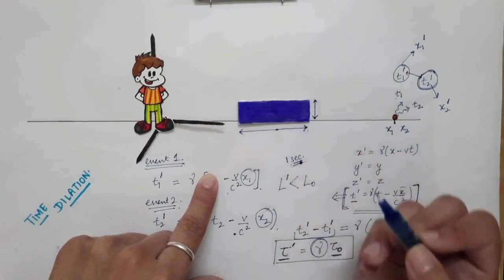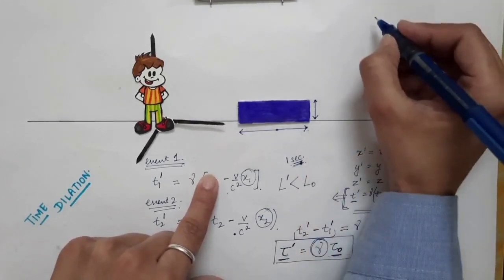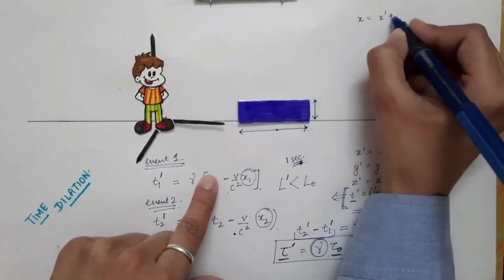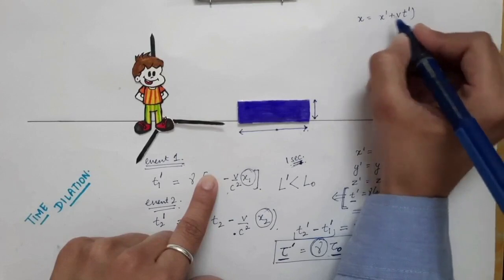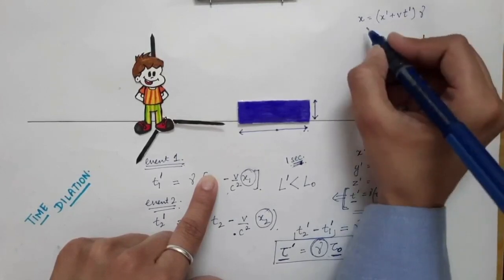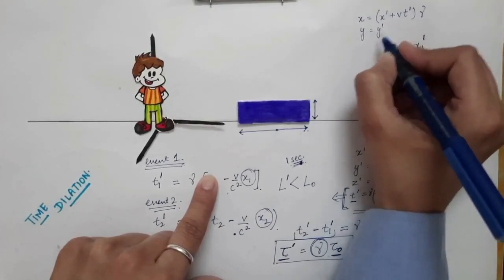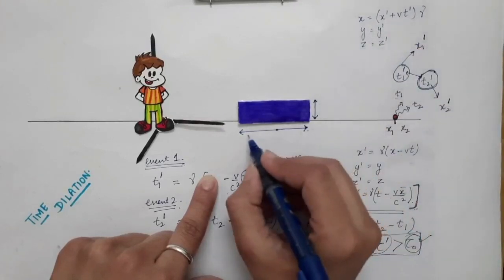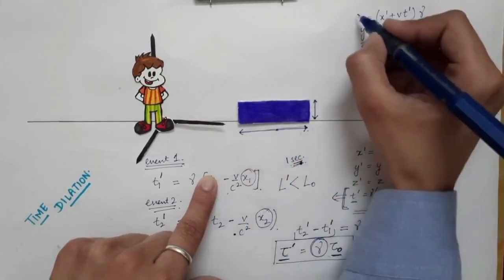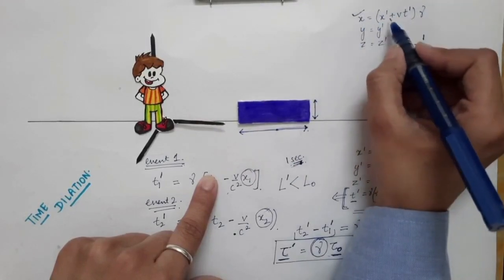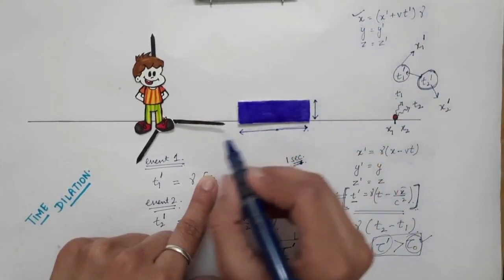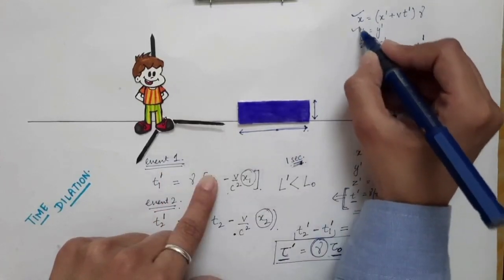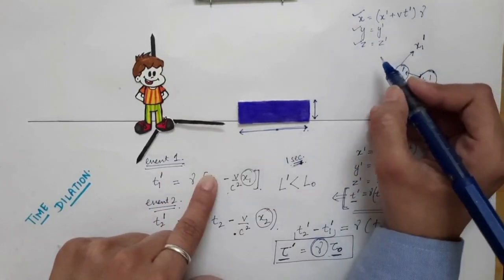As we have seen in the reverse Lorentz transformation equations, x is equal to x prime plus v times t prime, times gamma, and y was equal to y prime and z was equal to z prime. The length contraction formula we derived from the first equation. So x is the direction in which the object is moving with respect to the sigma prime frame. But if we take into account the y and z coordinates,